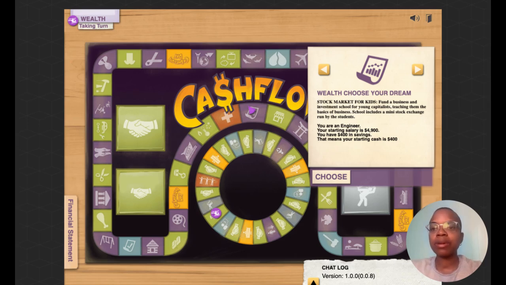And the online game came out in the early 2000s, and it's really designed to teach players about personal finance, investing, and financial literacy in an interactive and engaging way. So, I'm going to go ahead and play it, but some of the key features of this game include financial education. So, it's designed to simulate real life financial decisions, helping players learn how to manage money, invest in assets, and create passive income streams.